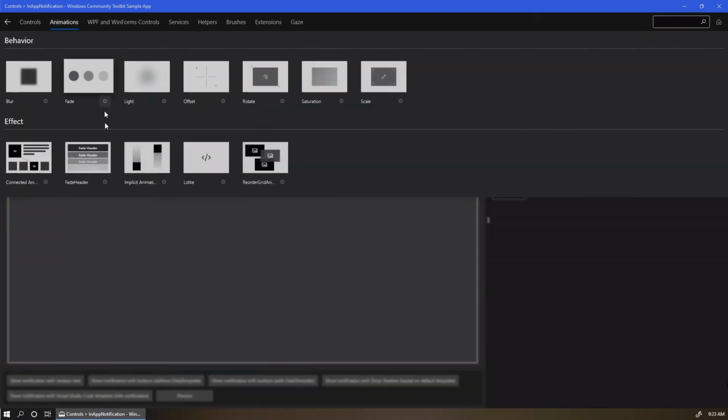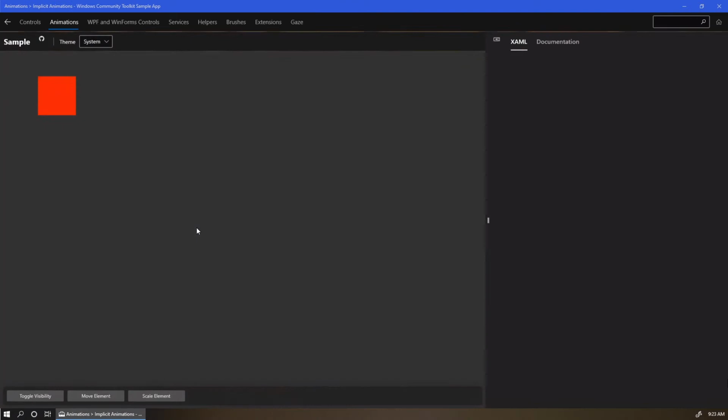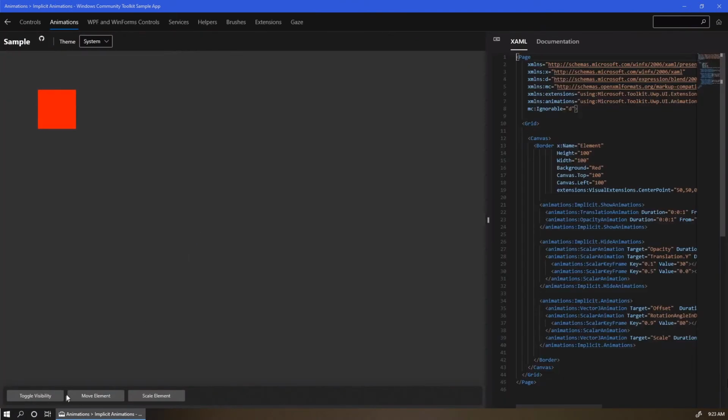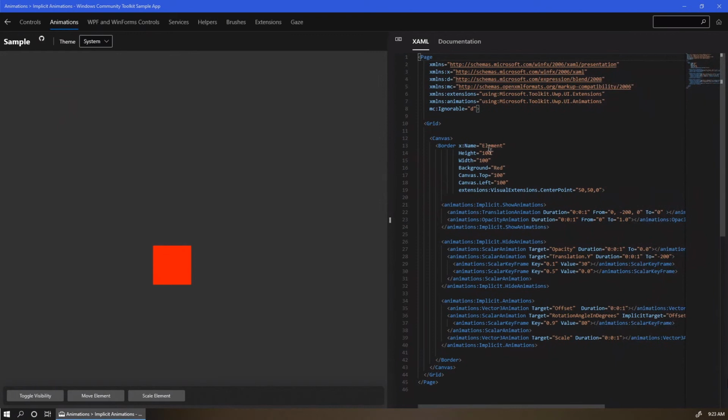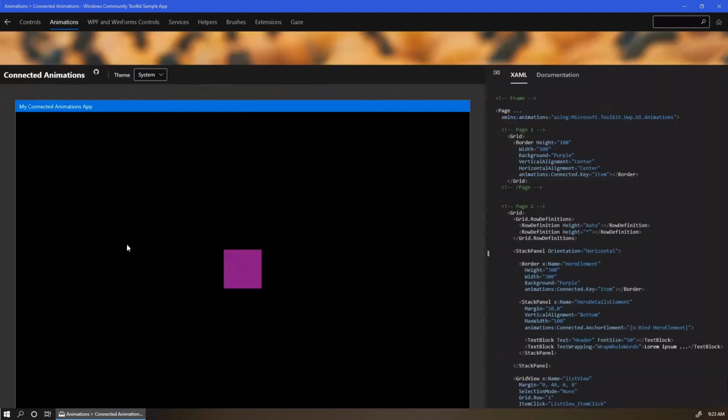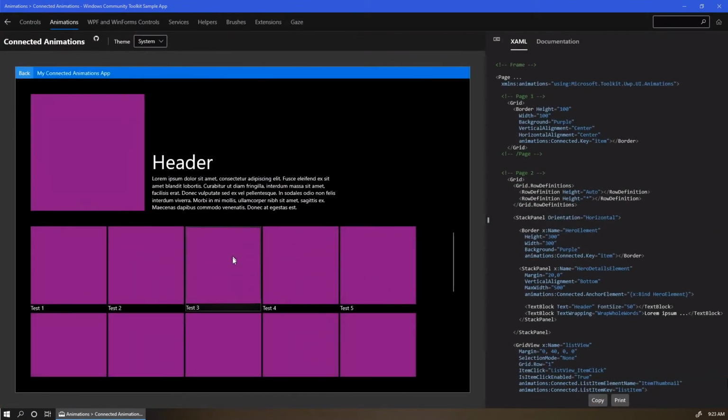Another big part of the toolkit is we have animations. So we have implicit animation helpers for XAML, and so these just let you easily, as you toggle visibility of elements or move them around, get these nice fluid animations just by adding a little bit of XAML here. And then we have our little XAML panel here. You can actually just change things on the fly. So if we wanted to make this a blue square that's a little bit larger instead and see how that behaves, we can modify that over here quickly and just try things out. We have connected animation helpers, so if you're doing any page with lists, you can get some nice fluid connected animations here easily with just some tagging in your XAML. And